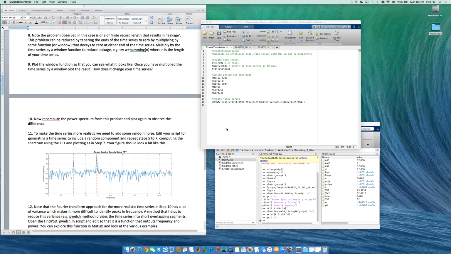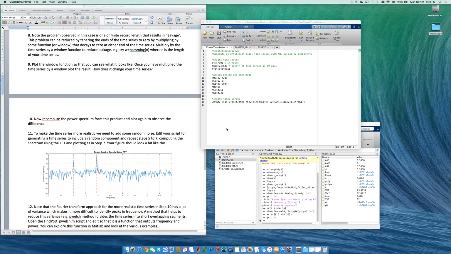Okay, so this is the workshop 3 video talk through for workshop 3, and this is the part 5 section, and we're starting from step 11. So we have just had a look at the effective windowing, and now what I want to do is go